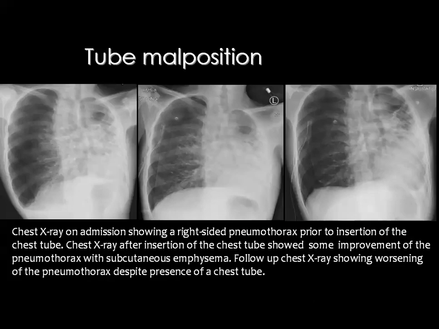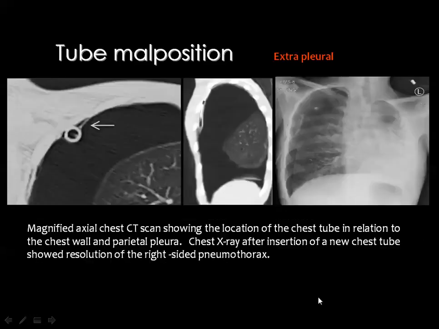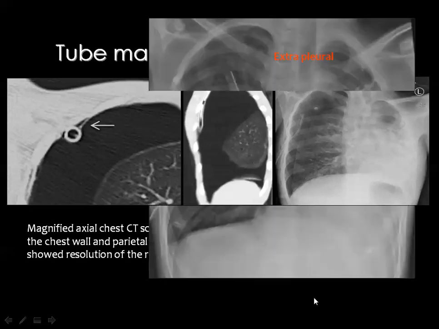Now look at this example of right-sided pneumothorax, and the chest tube has been inserted, but the follow-up X-ray showed no improvement of the pneumothorax. And the CT scan, and this is one of the advantages of CT in this particular case, showed that the tube is located outside the pleural space. It is in the extrapleural space running along the chest wall,